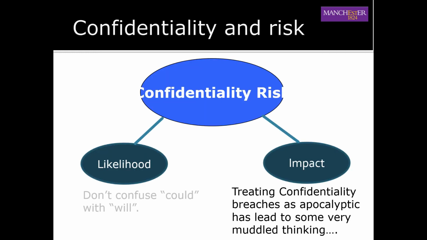So, as mentioned earlier on, we tend to treat impacts, the outcomes of confidentiality breach, as apocalyptic. It's almost as if a nuclear power station is going up. Clearly, a privacy breach is rarely, if at all, anything like in the category of such a catastrophic event. And this has led to some very muddled thinking. So we're in the state where we treat the risk of an attempt as if it's unity, and we're tending to treat the impact of a privacy or confidentiality breach as if it's infinity.